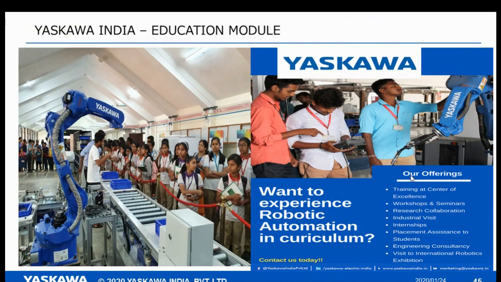For engineering consultancy, whatever the new product, we get some new applications. We connect with the industry and with the colleges that have our robots. They are doing research for new applications and all. For example, foundry fettling application, deburring application, and vision-related application. The students get direct live industrial projects. That way we connect. We also arrange visits to international robotic exhibitions. Wherever there are exhibitions, Yaskawa arranges a visit for your students and faculty members.